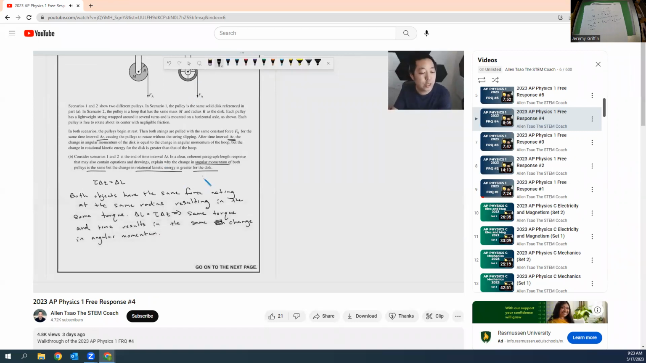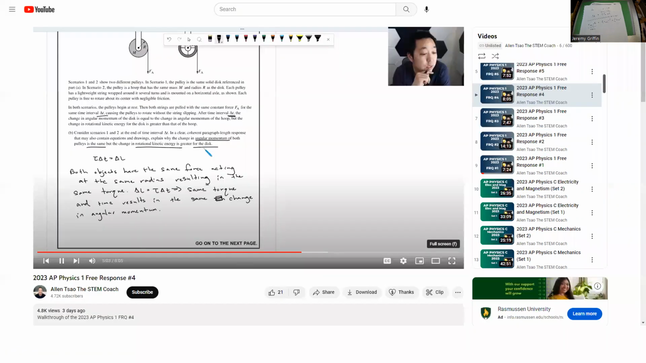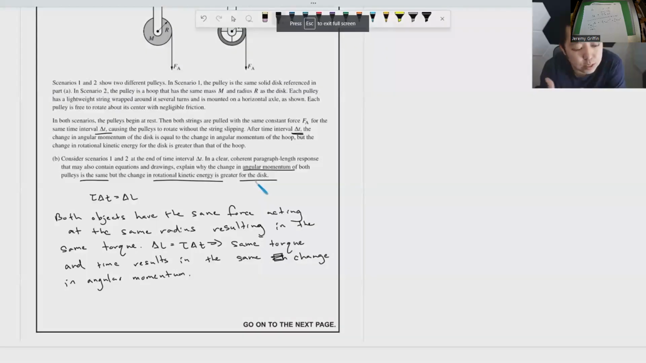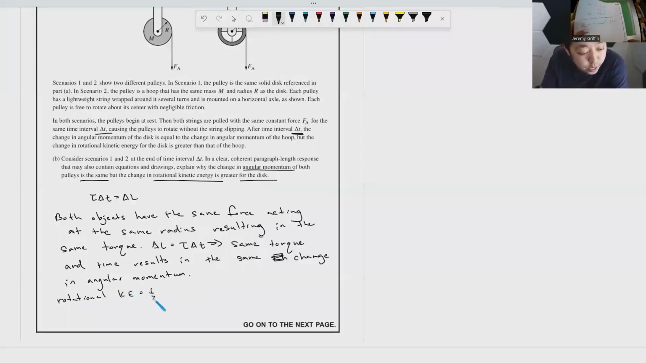The change in rotational kinetic energy is greater for the disk. Now, you can probably think about it easiest from the I omega. So we know the rotational kinetic energy is equal to 1/2 I omega squared, right? Probably the easiest way to describe it is, if they have the same angular momentum, you have to make an argument about it. So if they both have the same angular momentum, then you have to make an argument as like, well, even